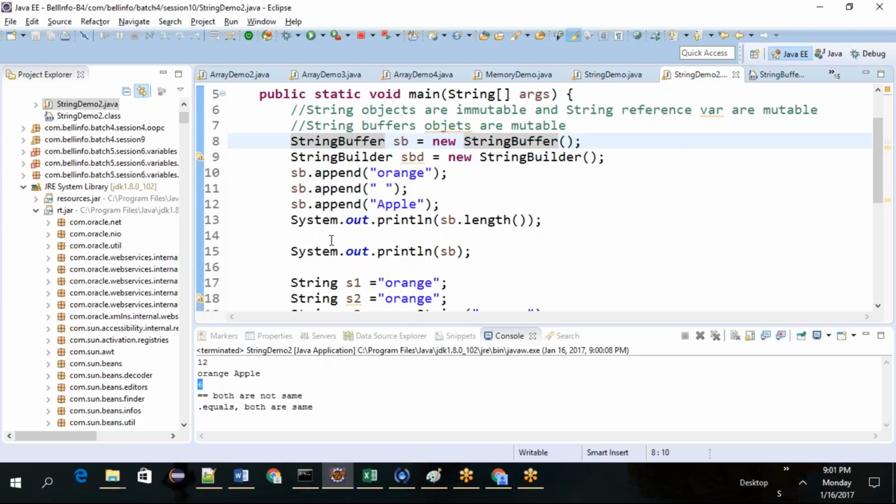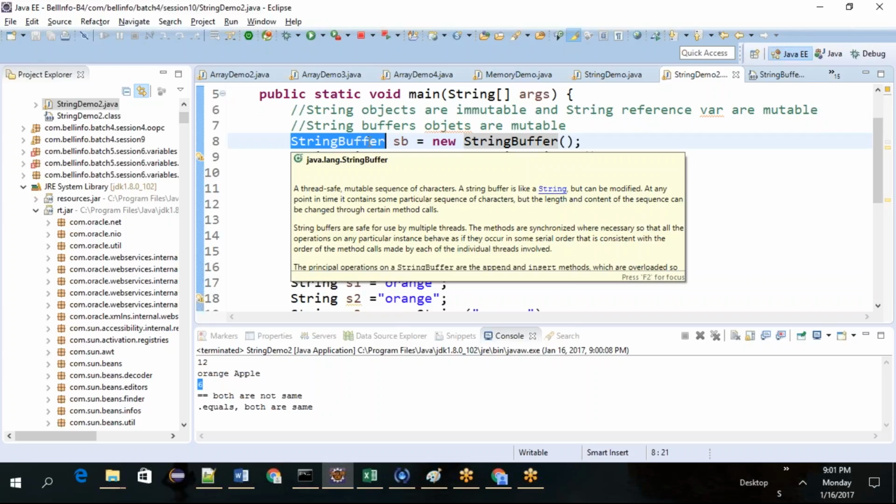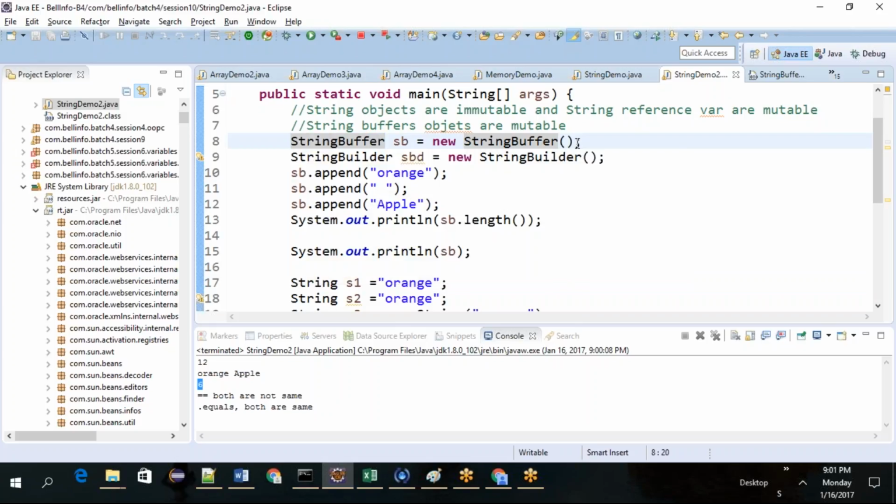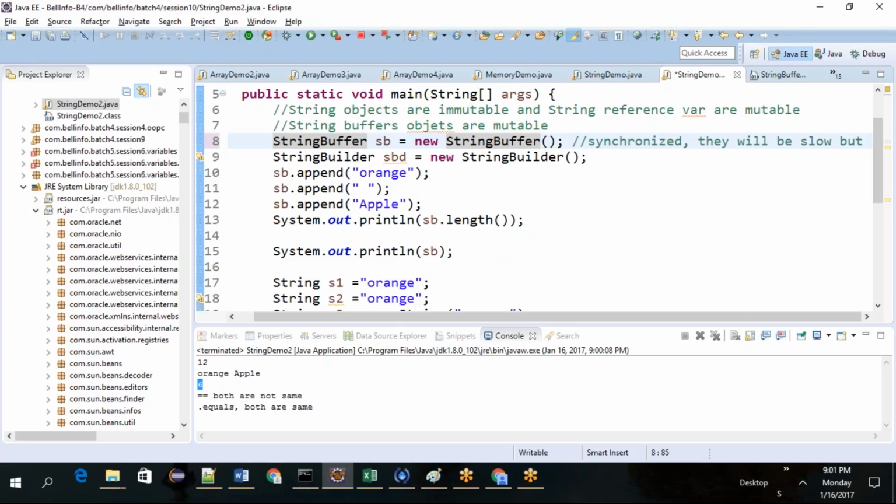And String is immutable, right? Which means you can't modify it. So if you start using Strings for a modifiable object, it will keep on creating new objects. But if you use StringBuffer, it is synchronized, I'll tell you. But for the time being, StringBuffers are slow. These are synchronized. Whenever there is the concept of synchronized, they will be slow but thread safe.